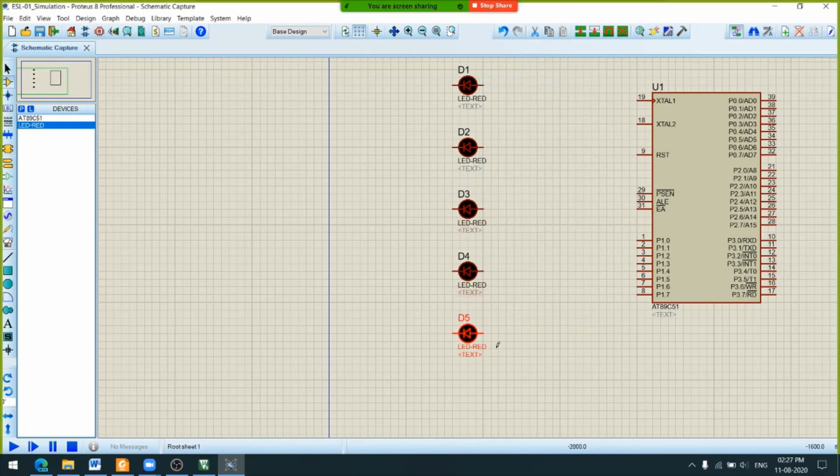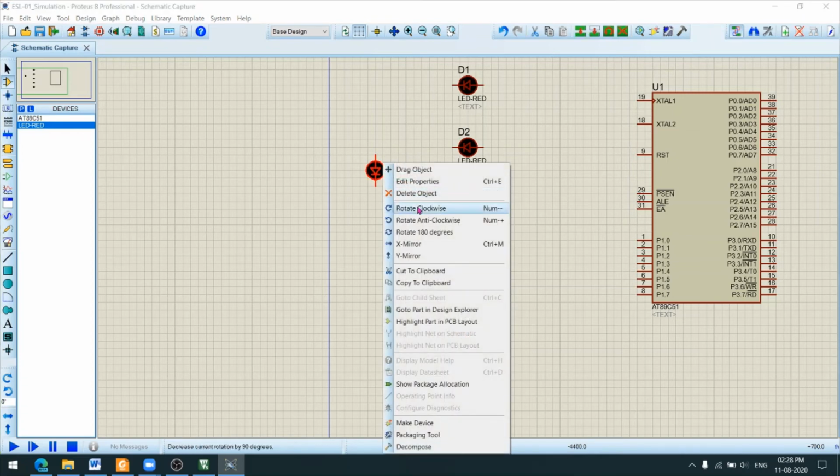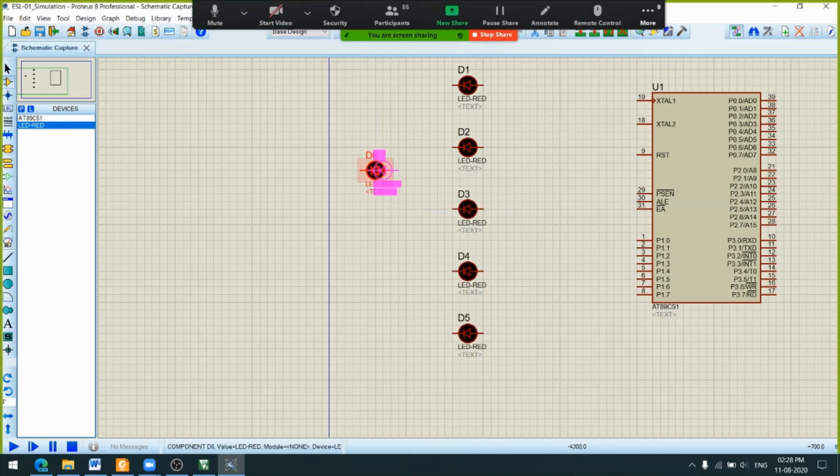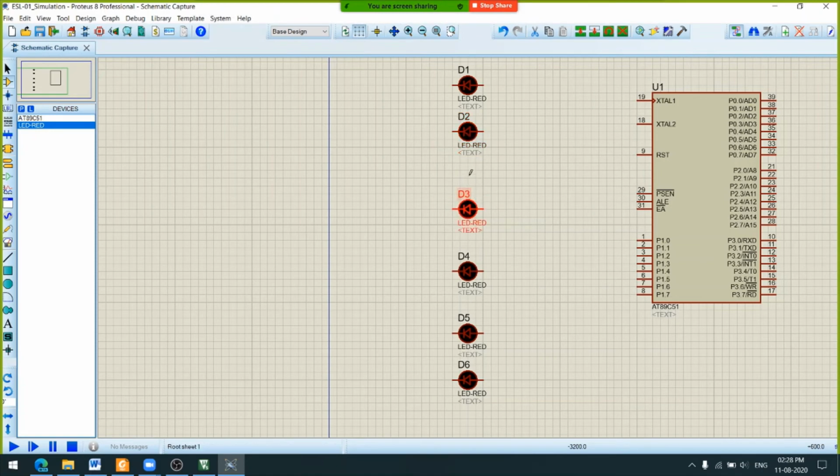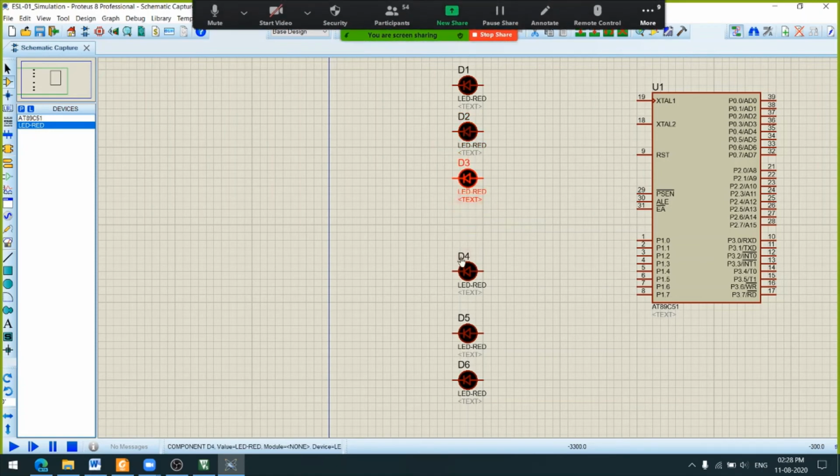One, two, three, four, five. We want 8. So this is 5, and this is 6. Let's shift this a little bit so we can accommodate our components.